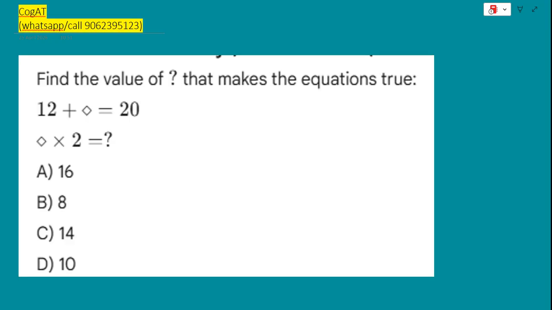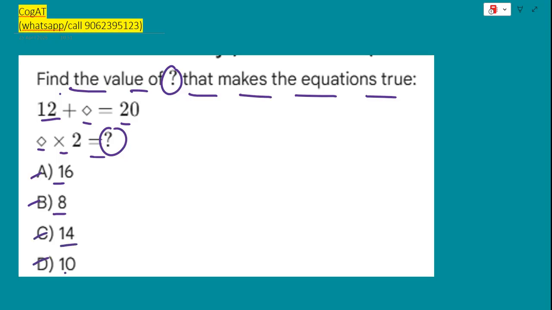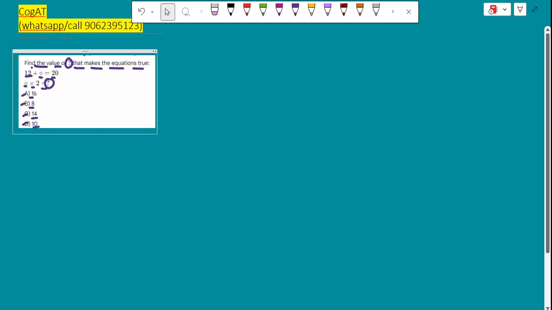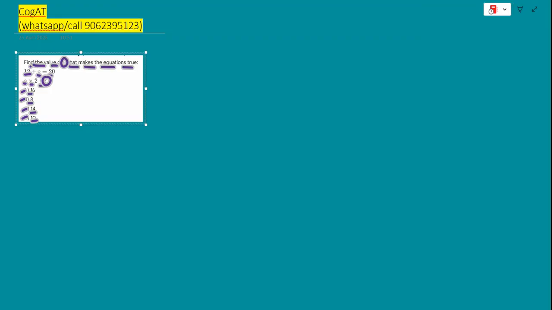Okay. Now look at the problem. Find the value of this question mark that makes the equations true. 12 plus this is this, and this into 2 is this. So what will be this number? Option A says 16, B is 8, C is 14, D is 10. Okay. So let's solve this. Now the problem is like 12 plus